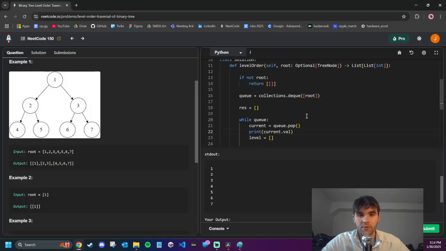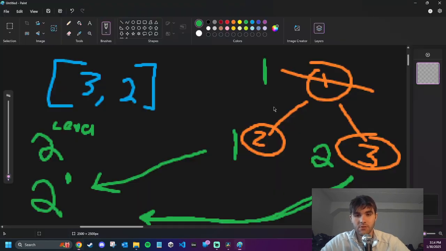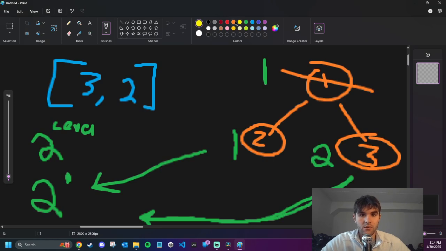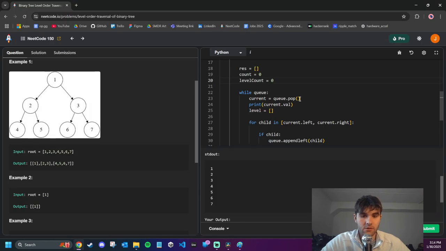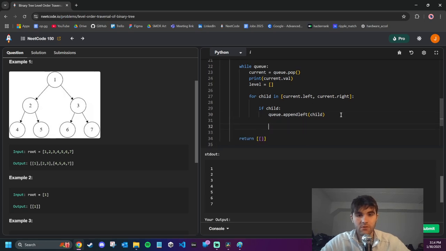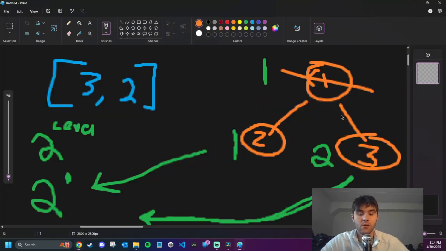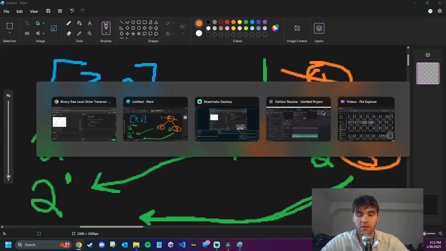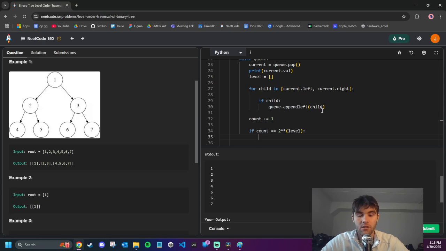So I'll try that. We'll have a variable called count, which I will set to 0. And we'll have a variable called level count, which I will also set to 0. So every time we pop something, I'm going to say count plus equals 1. And then if count equals 2 to the power of the level that we're on, then we